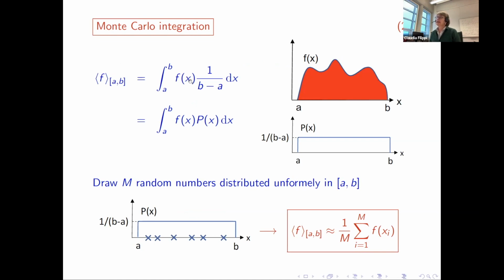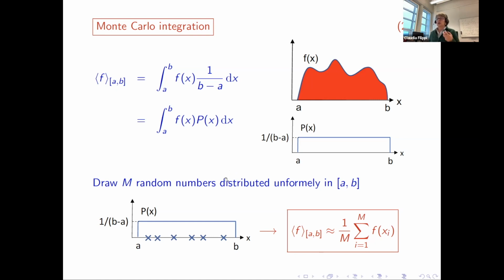And now you can see that that's f of x, so that's my original function, multiplied by p of x. And p of x is simply this object, 1 over b minus a over the segment AB. Okay, so this is a probability density, so it's positive. It integrates to 1. So the probability of getting a number in a segment is constant, 1 over b minus a times dx.